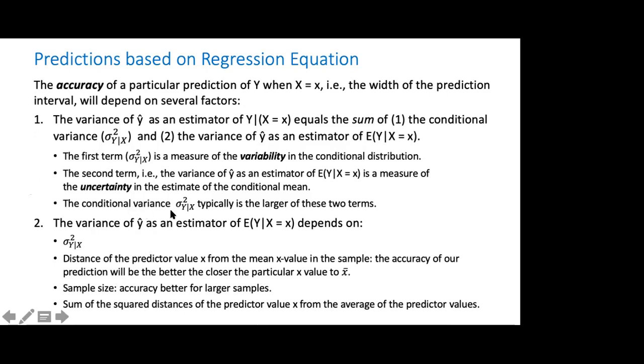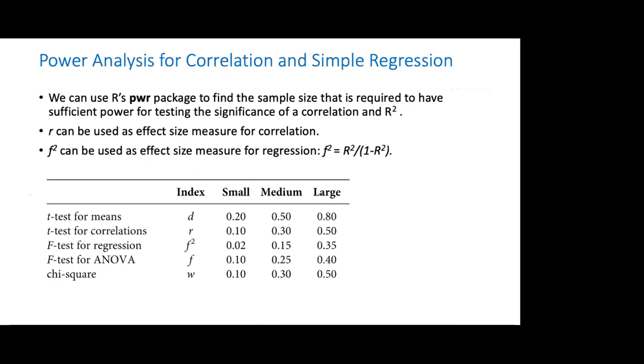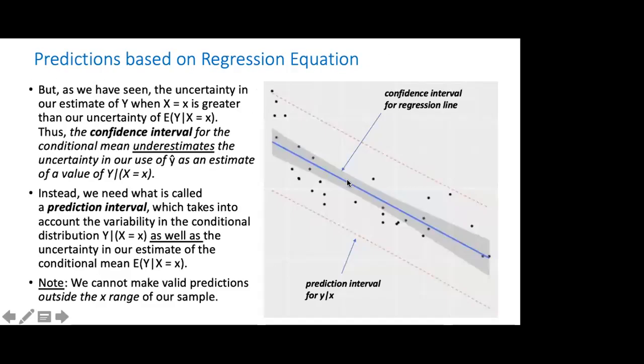And typically, so our conditional variance, so how much... sorry, let me go back to that. Let's assume we knew what the true regression line is. Let's assume in this case, which is not true, that that would be our true regression line, the true population regression line. Then the variability of our conditional distribution would be